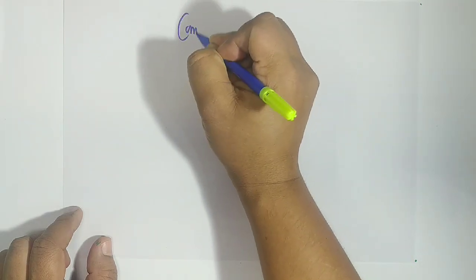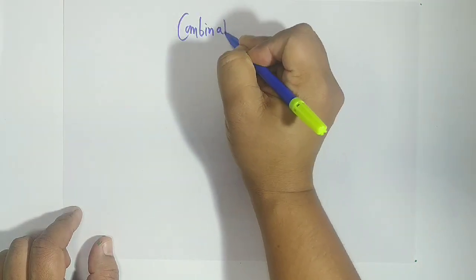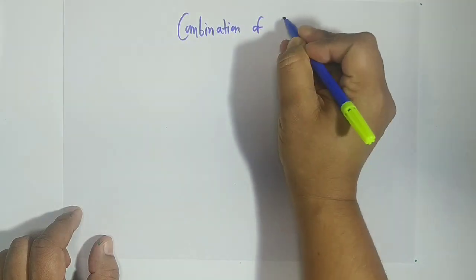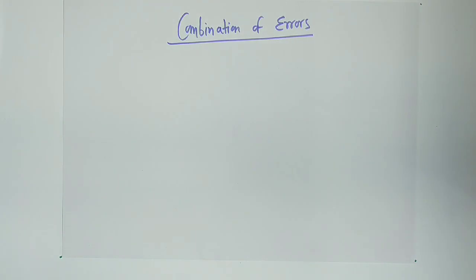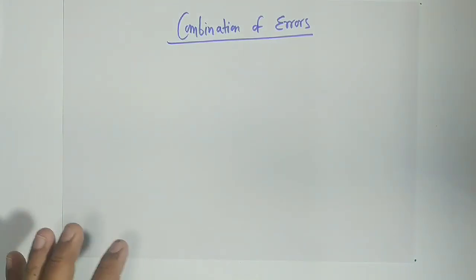Students, today we will start with the combination of errors. Yesterday we discussed the types of error: absolute error, mean absolute error, relative error and percentage error. Today we are going to talk about the combination of errors, when they combine, how they behave, either with an addition or a subtraction or a product,